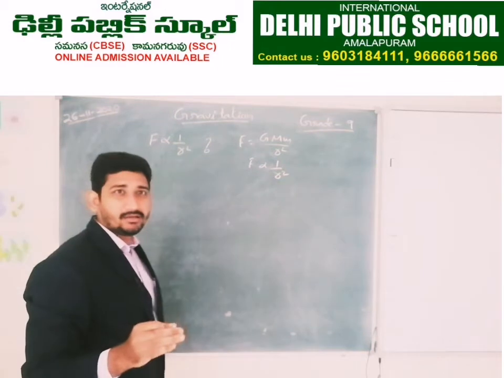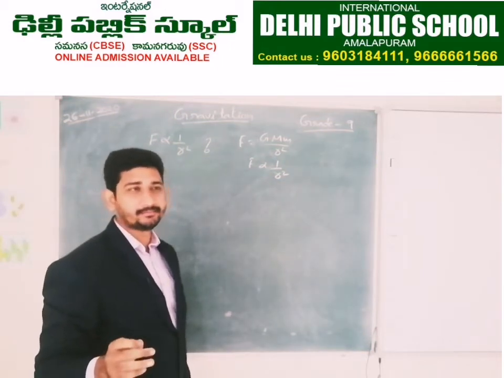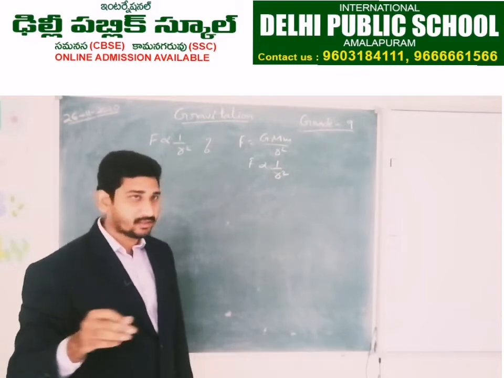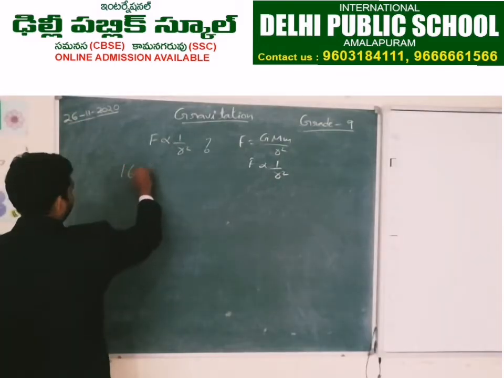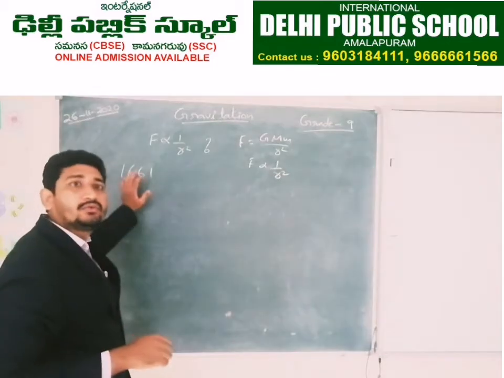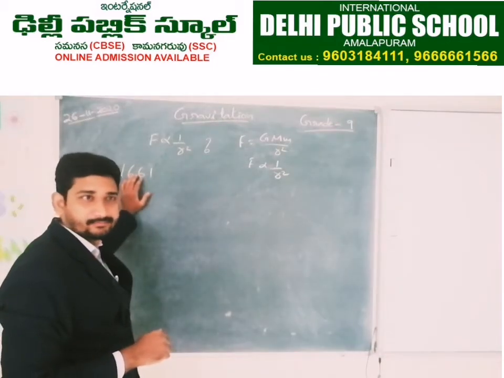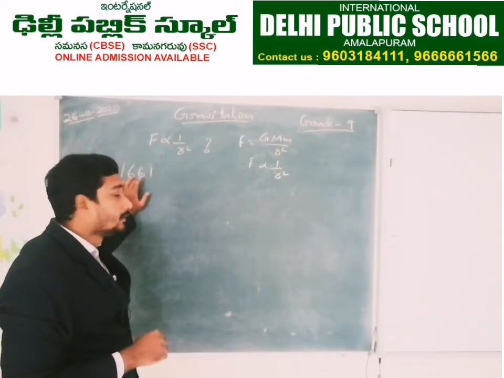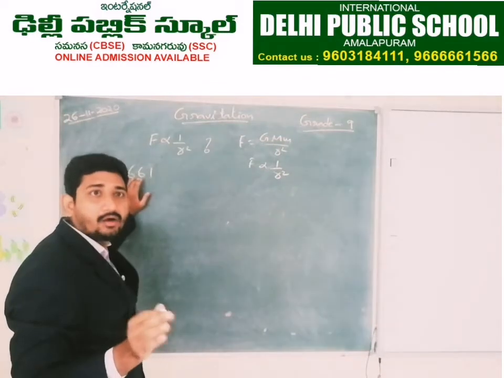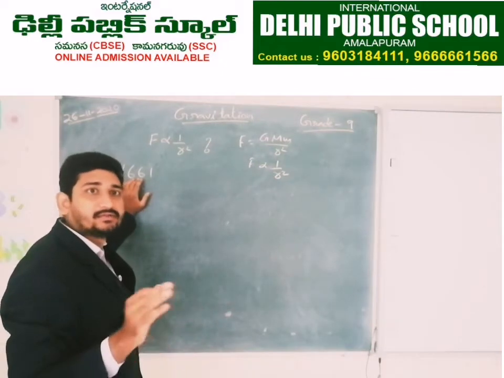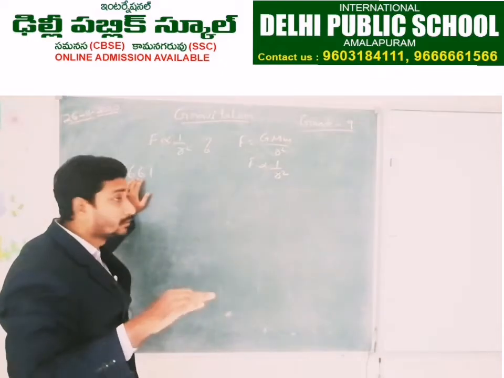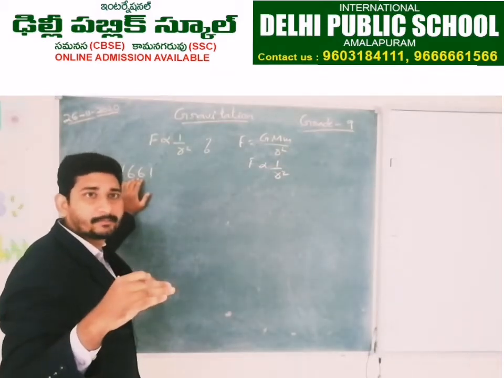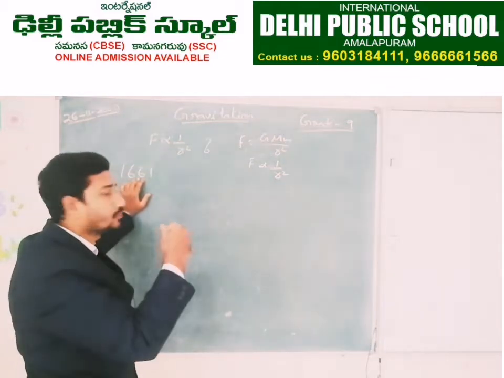See, Newton belonged to a poor family. His father was a farmer. In 1661 he was sent to a university. Why? Because he did not learn how to farm. That's why his father thought that he was not capable of farming, so he was capable of studying. So he was sent to university.